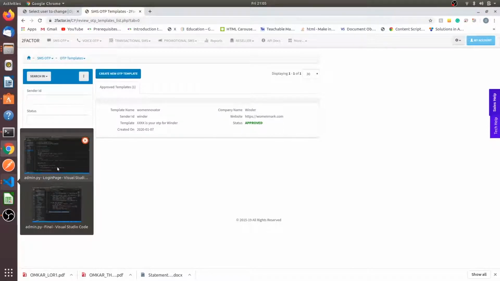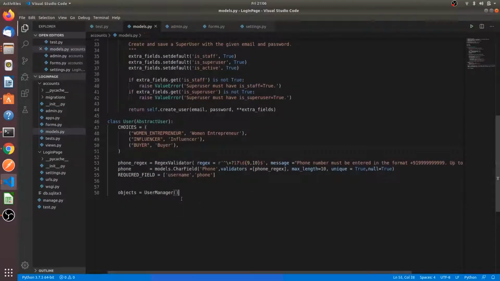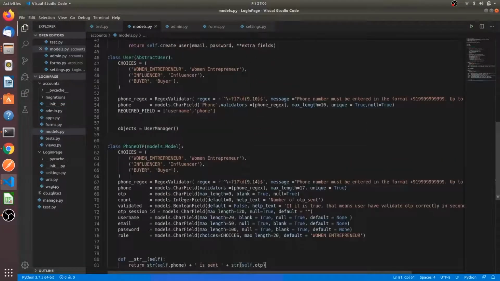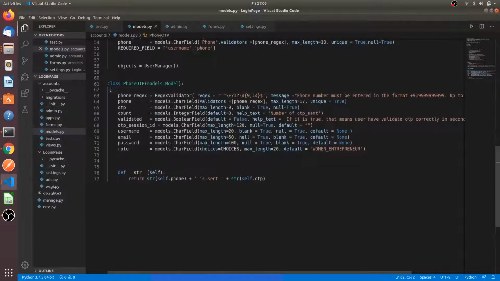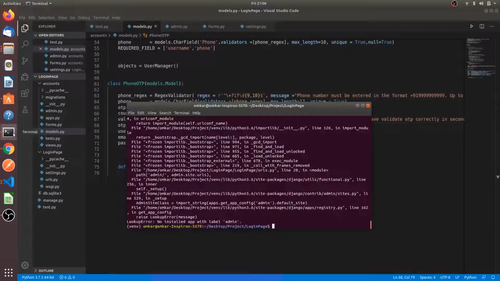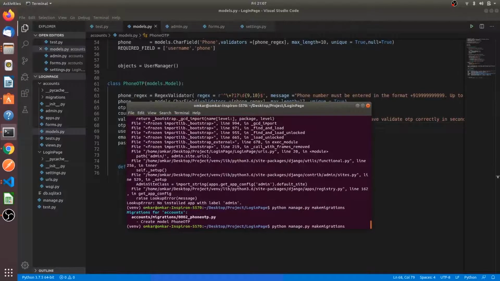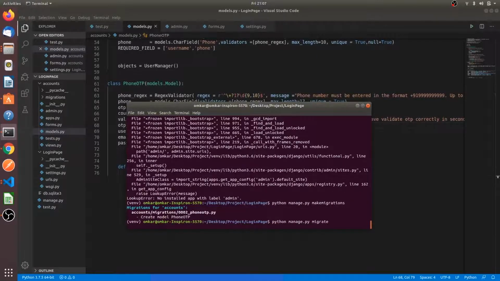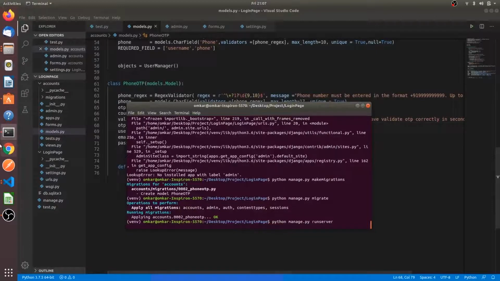We'll be going back to our page. Go back to models.py. Here we have to create one more model which would be named as phone OTP. If you want to give the choices, then you can give. I'm just deleting the choice, and same, the mobile number is required for the OTP. I will explain every field. Yeah, I have created the model again, so I have to migrate this thing again. So run the makemigrations command. The model OTP has been created. I have to migrate them into the database. Yeah, applied.